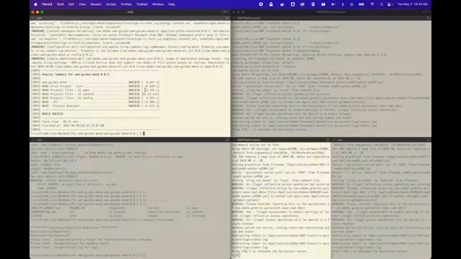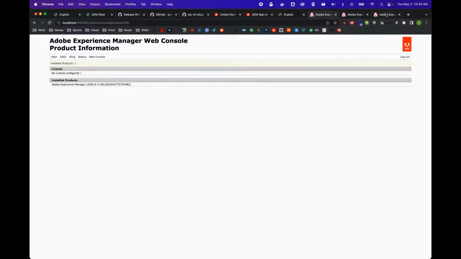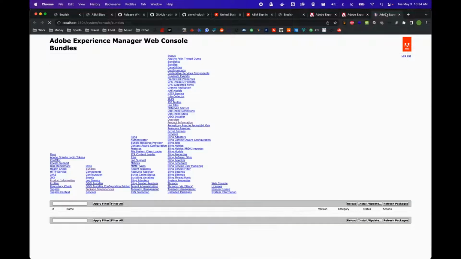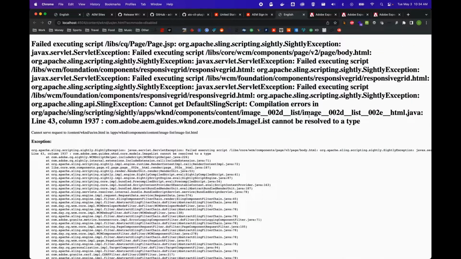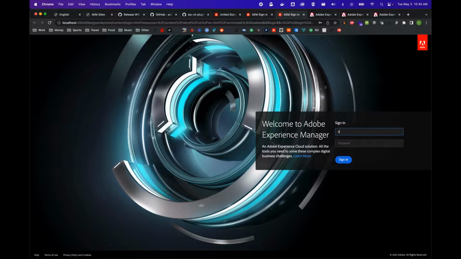Okay, great. So this has now installed, and let's refresh our bundles screen here. And you can see that the Weekend Insights project is now active. It's not just installed, which means that all of its dependencies have been met. So now let's give it another shot. If we refresh our English page, which previously had an error,